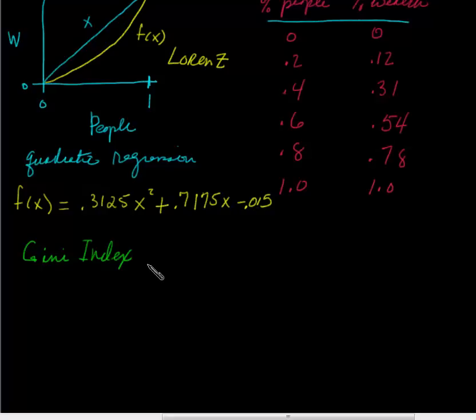Now the Gini Index is a ratio of two areas. It's the ratio of the area under the blue line here between 0 and 1 and above the horizontal axis. So that's a triangle. So that's the area that we're going to compare to. And what we're going to compare to that area is the area between the Lorenz curve and the blue line. So we're going to be comparing the area between two curves. And of course, it's not just a coincidence that the area between curves is what we're talking about right now. So I'm going to try to calculate this area, the area that I've indicated with little green arrows,